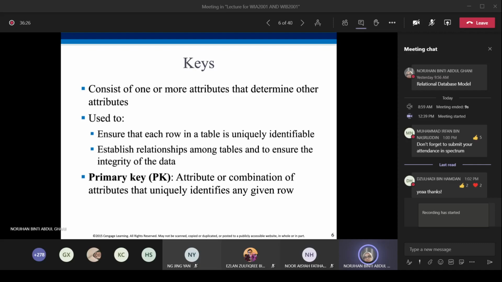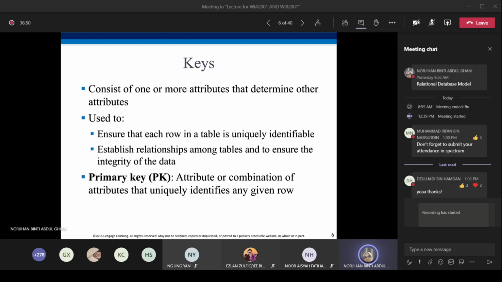What is the purpose of keys? We use a key or keys to ensure that each row in a table is uniquely identifiable, so we can identify whom this row belongs to. We want to identify each row in a table.